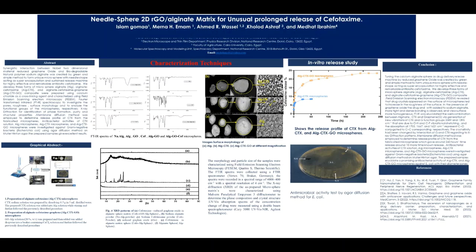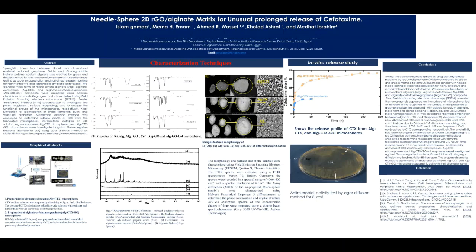Synergistic interaction between noble two-dimensional material reduced graphene oxide and biodegradable natural polymer sodium alginate was created by a green and simple method to form a unique microsphere with needle shape, acting as a super encapsulation and sustained release machine for the highly effective and remarkable antibiotic cefotaxime. We developed three forms of microsphere: alginate, alginate cefotaxime, and alginate cefotaxime graphene